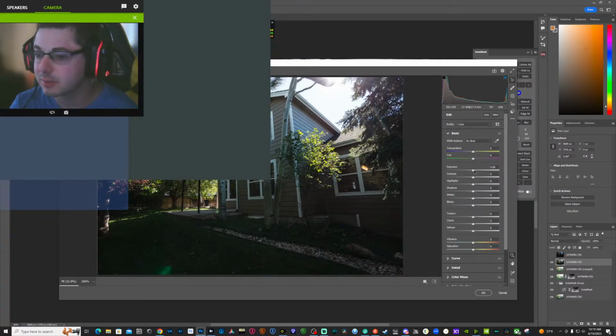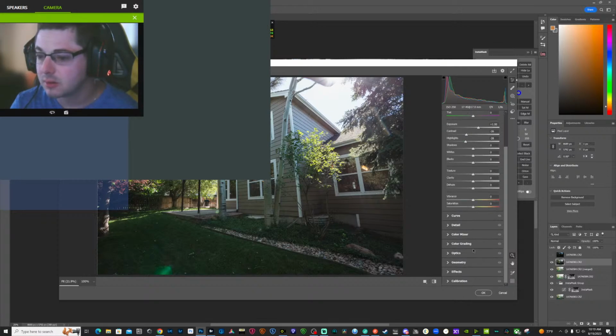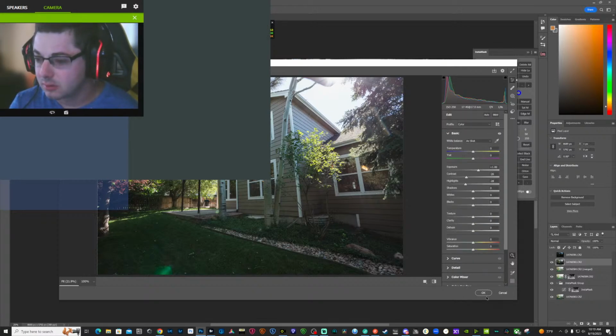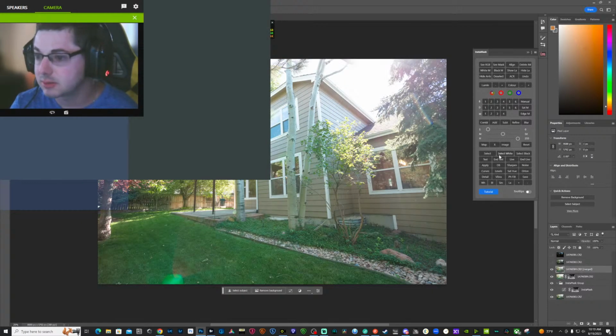Try and knock down some of our brights a little bit. Highlights just a wee bit here. Get a bit more detail. Okay, let's go brights.